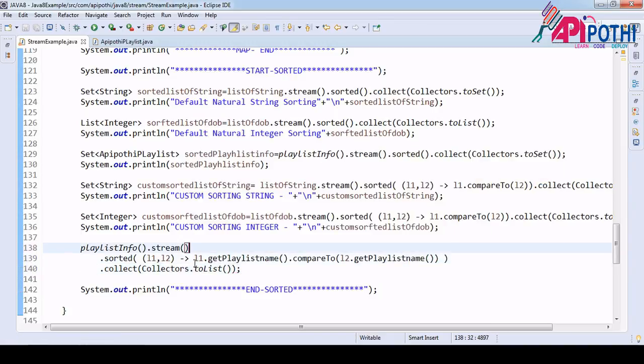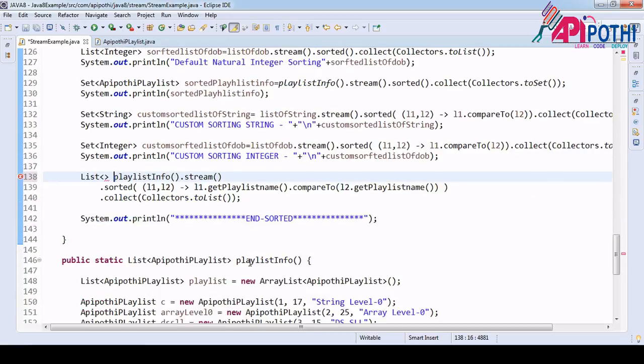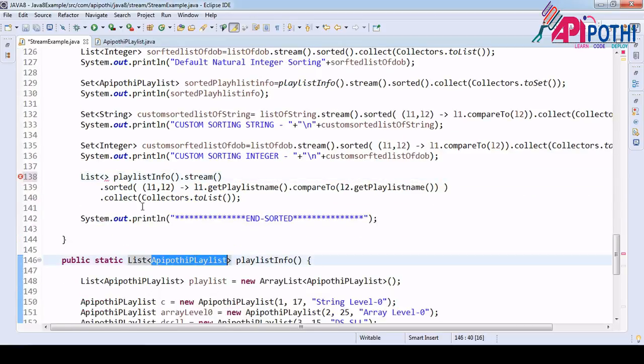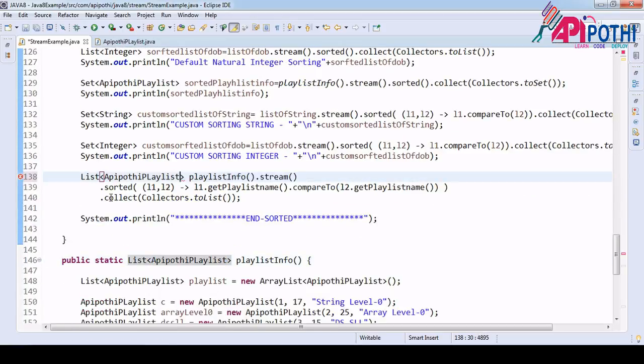Okay, now list of which type? Class type. What is the name of the class? This one, paste it here. Okay, custom playlist name.